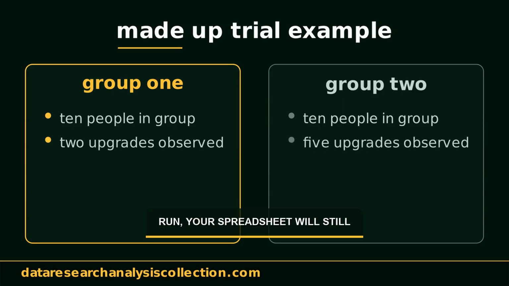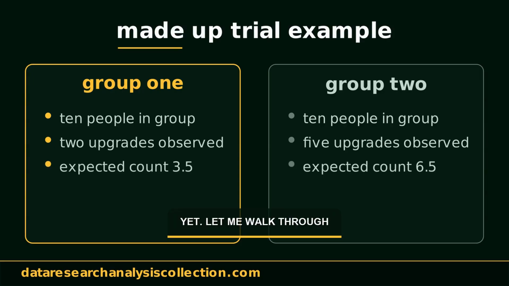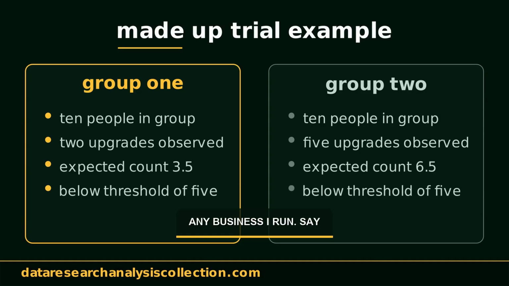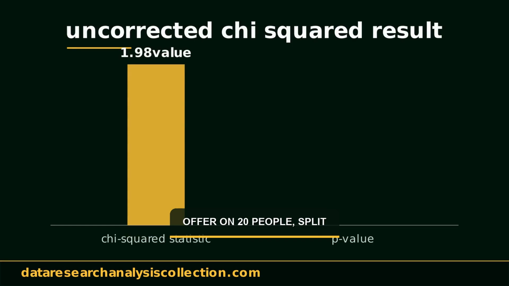The test can still run. Your spreadsheet will still spit out a p-value, it just will not be a number you can trust yet. Let me walk through a made-up example, purely to show the mechanics, not a real result pulled from any business I run. Say you test a trial extension offer on 20 people, split into 2 groups of 10 each, and